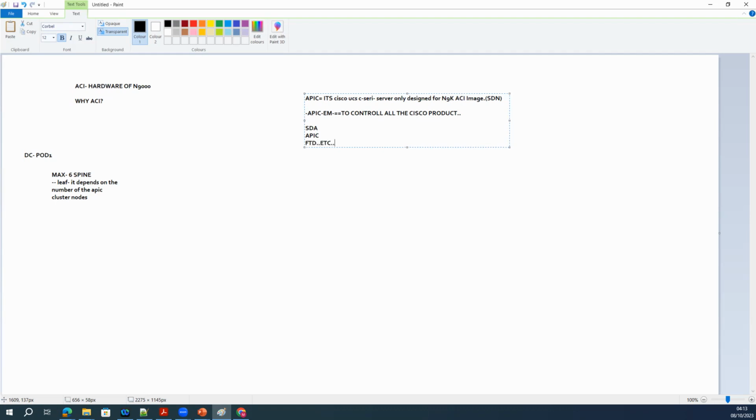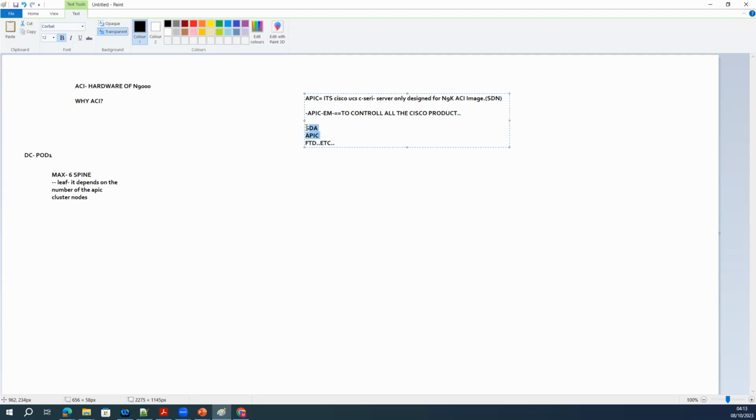Now, Cisco has another major solution which we call the orchestrator. It means if you have the SDN controller, suppose you have SD Access and APIC, right? And you further want to automate your infrastructure. Cisco said that okay, no problem.